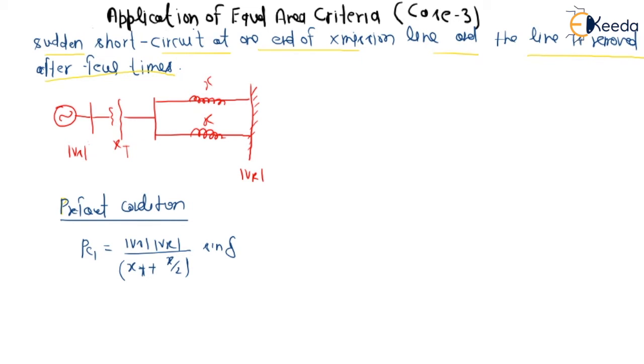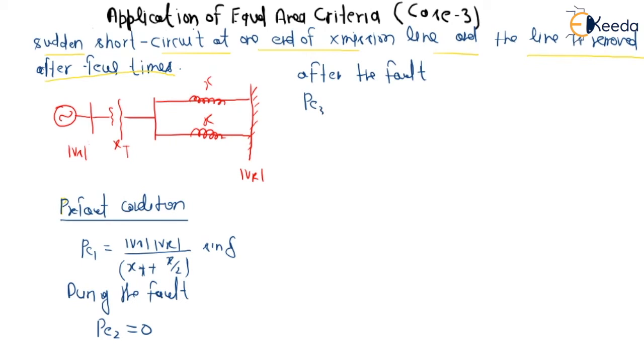During the fault, PE2 becomes 0, and after the fault, the value of PE3 will be written as Vs into VR upon Xg plus X, this time, sine of delta. So we can see from here clearly, if you draw the diagram,